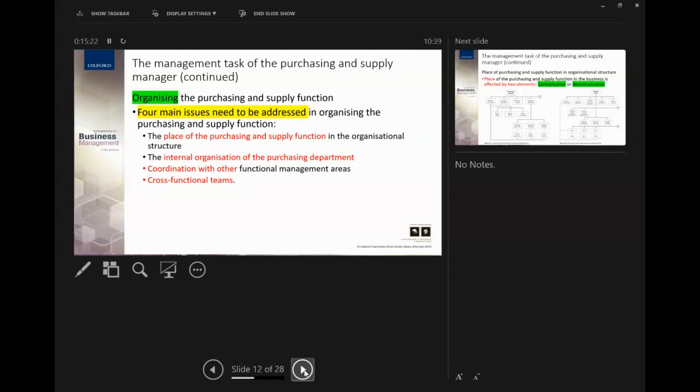And I think if you look in your textbooks, I don't know if they're actually on the side, they'll show you that you can either have the purchasing and supply function within respective departments, and then just reporting to an external purchasing and supply head, or you can have a purchasing and supply department in and of itself. And then when things need to be purchased, then the respective functions, management functions, or respective departments and teams would then need to make contact with the purchasing and supply department